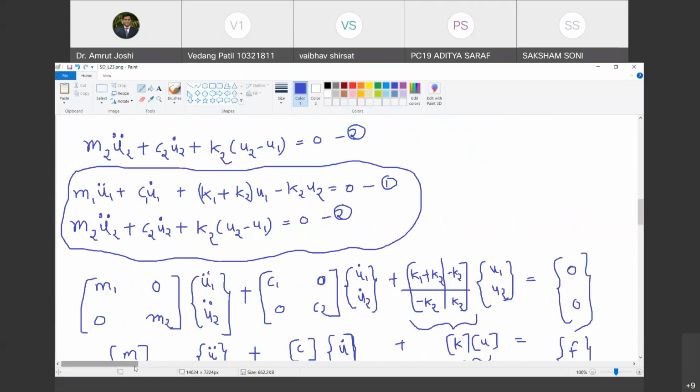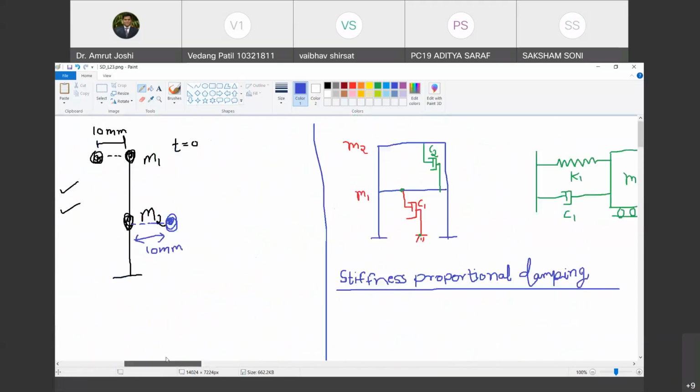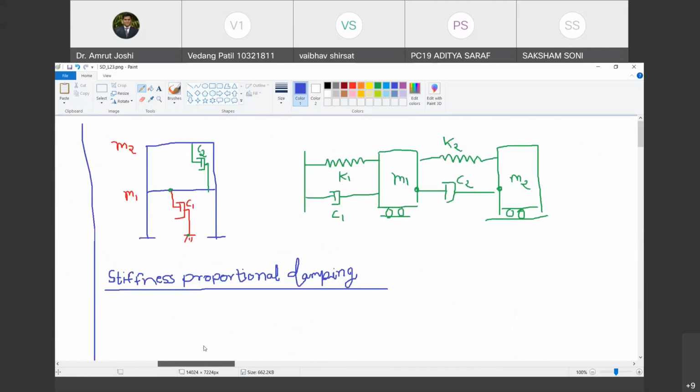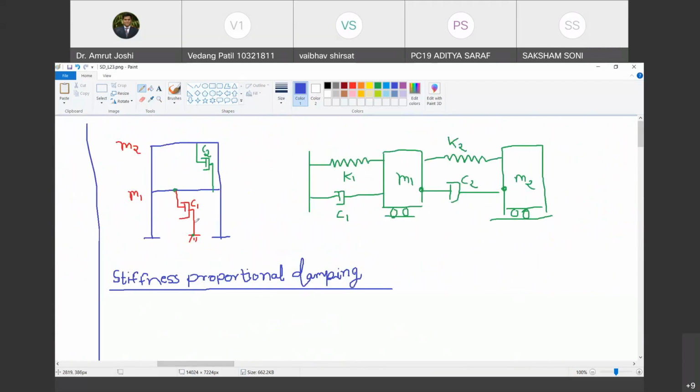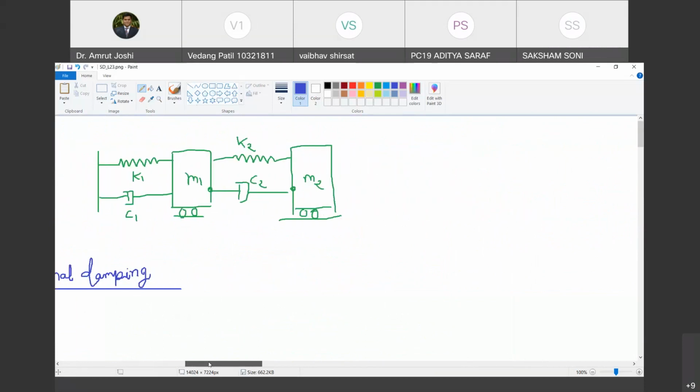Now in today's class, we are going to look at another arrangement where the damping force is prevalent between M1 and ground, but instead of the damping force between M2 and ground, it is now prevalent between M2 and M1. Its representation in simpler form, like a 2 degree of freedom system, is this one. You have masses M1, M2, stiffnesses K1 and K2, and damping coefficients C1 and C2. And then we call this U1 of T.